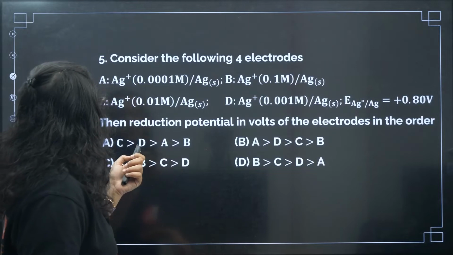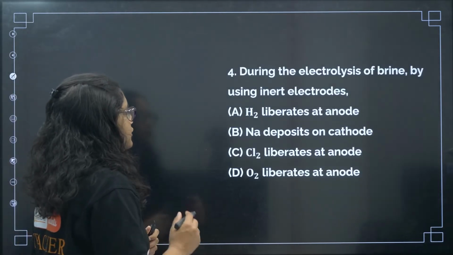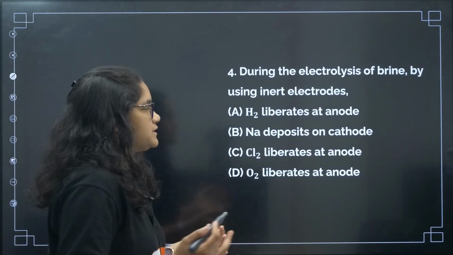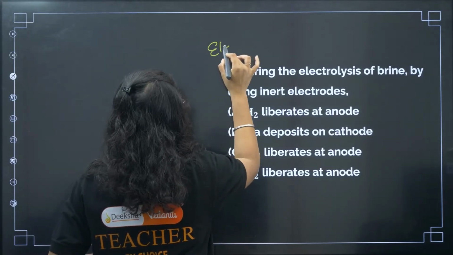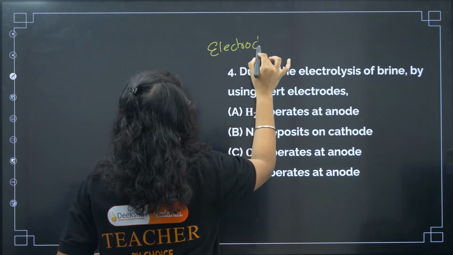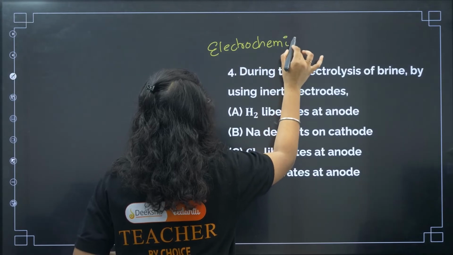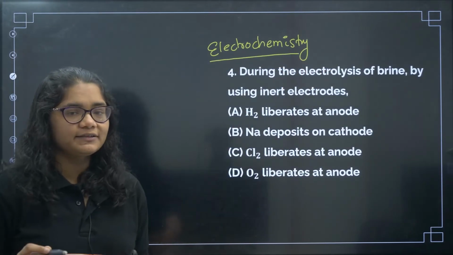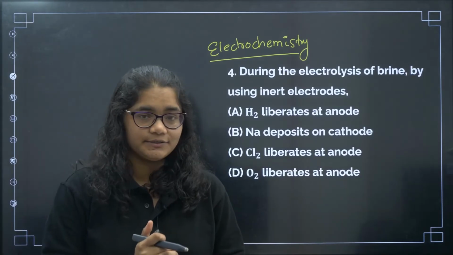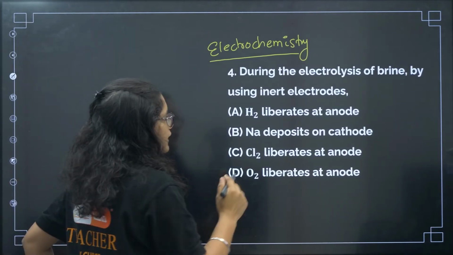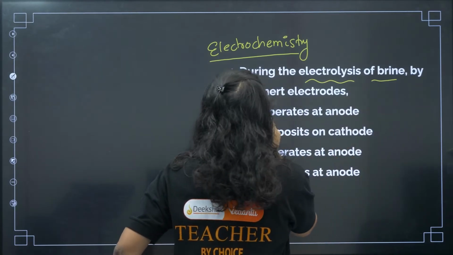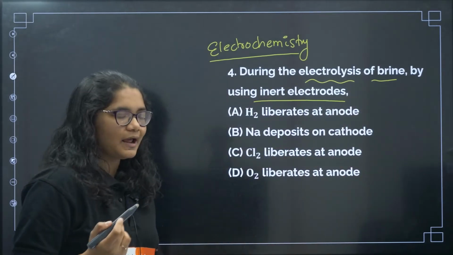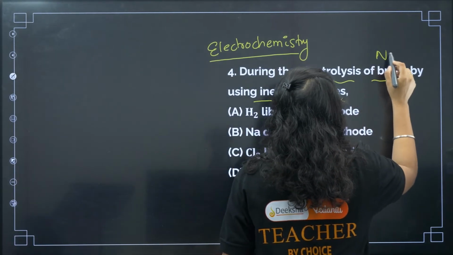Okay, now coming to question number 4. Okay, so during the electrolysis, so this question, now we have moved to the chapter that is electrochemistry, right? Okay, one another important topic, a very high weightage topic for your KCET examination. Now if you see during the electrolysis of brine by using the inert electrode, now brine is what? NaCl plus water,